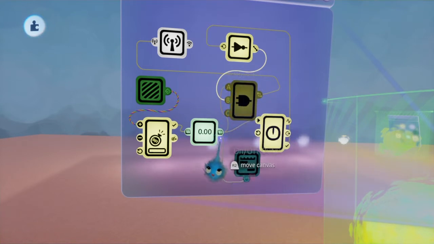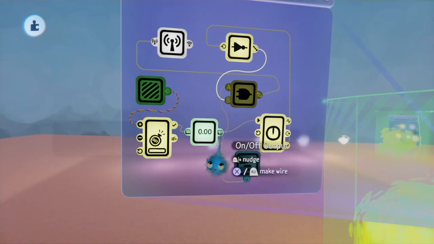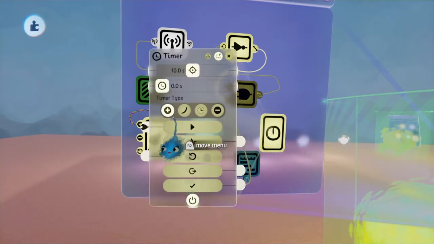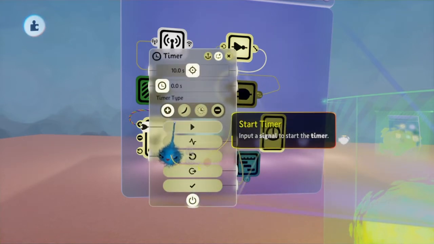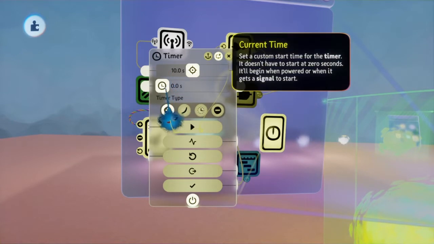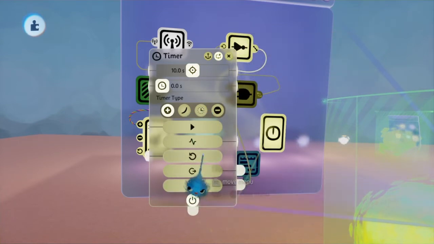Like I said, this is just a keyframe animation, nothing special. But when it turns on this timer, it's going to start the timer. I have it set for 10 seconds. It will count up to 10 seconds. Once it hits 10 seconds, the timer is finished. It sends out a signal,